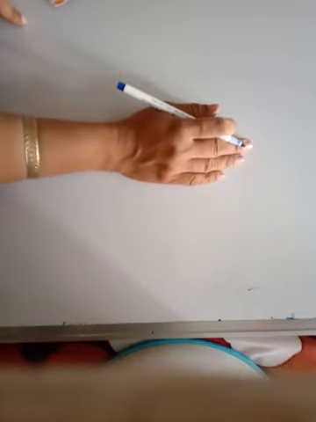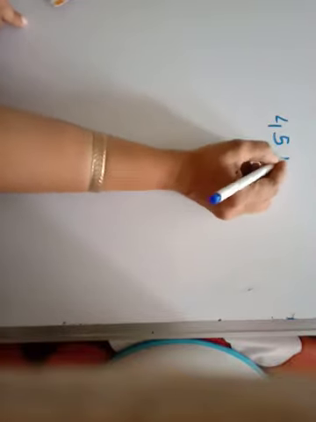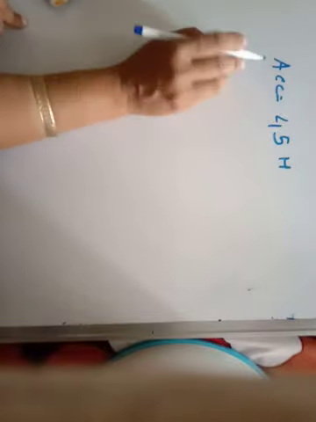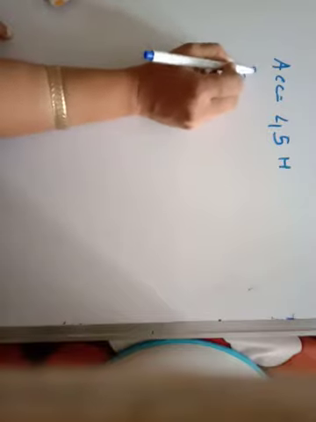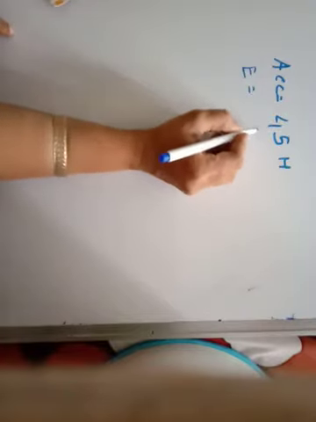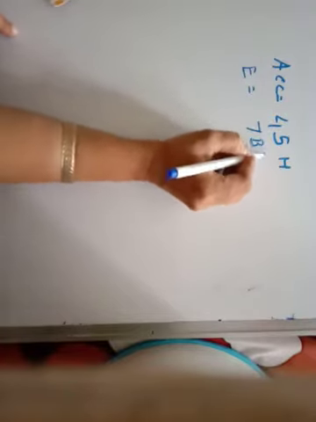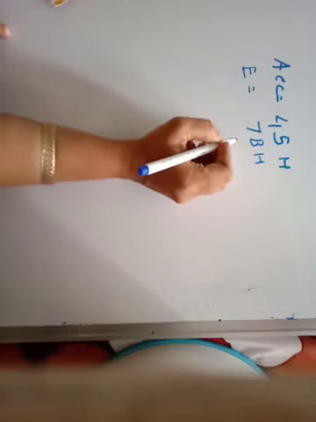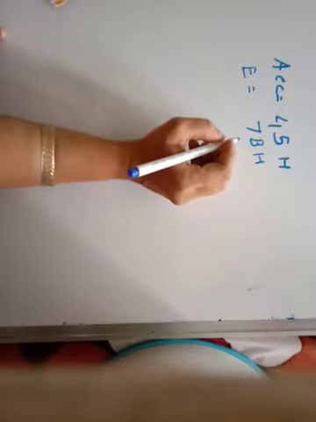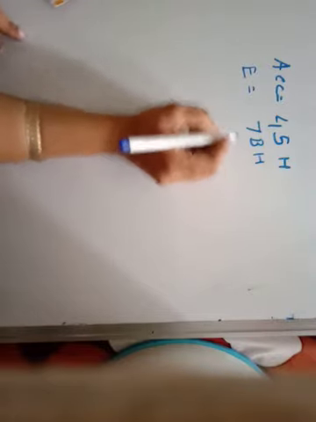accumulator of 8085 contains 45H, these are the contents of accumulator, means you have given the contents of accumulator, and if you have given the contents of register E, these are the 7BH, then what will be the content of accumulator after the execution of each of the following instructions independently?